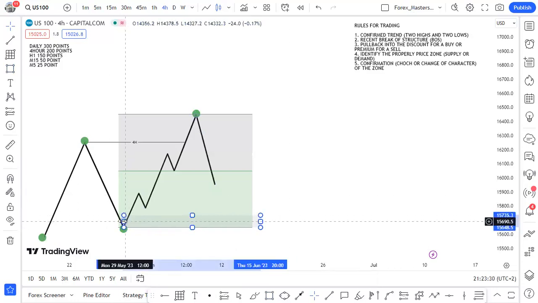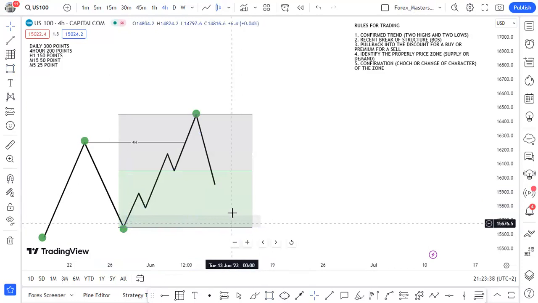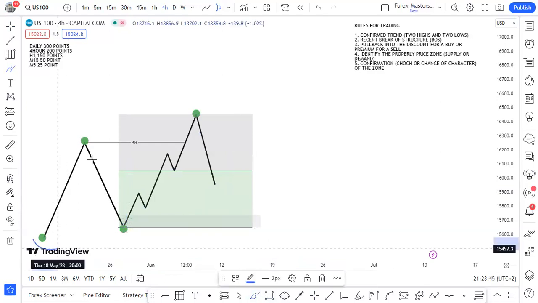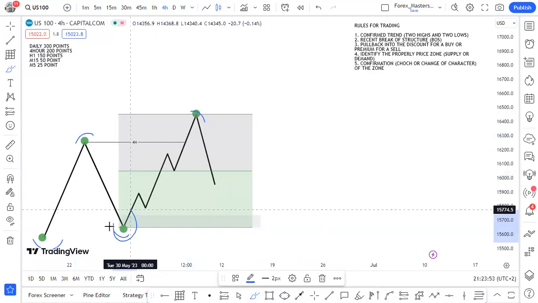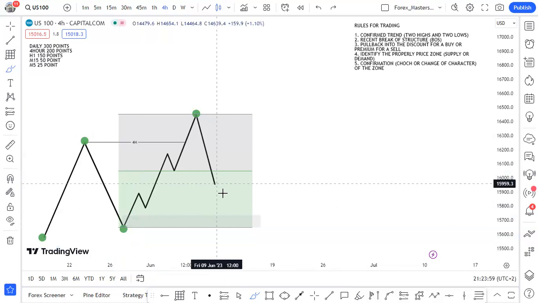It is the one that is of high probability, meaning that if price pulls back to this area, we don't expect this area to break, because again, when we look at the market structure, we know that we are putting up strong lows and weak highs, meaning that price should not break below this low, because the moment price breaks below that low, then what we'll be having is an unconfirmed